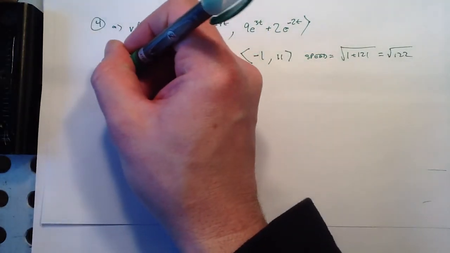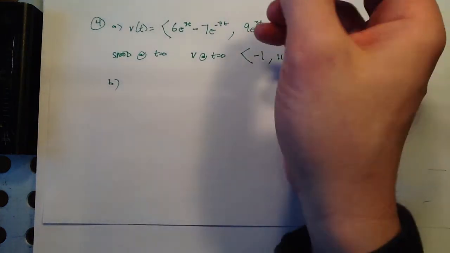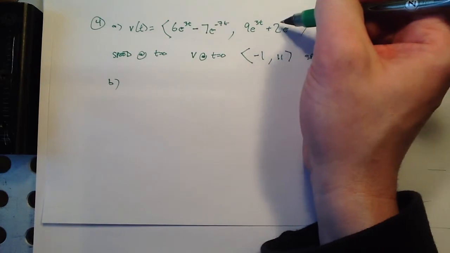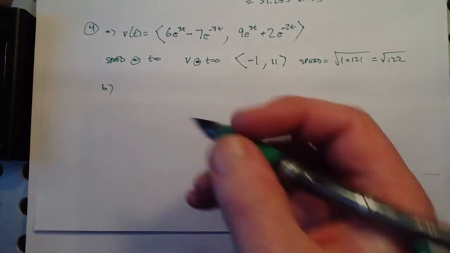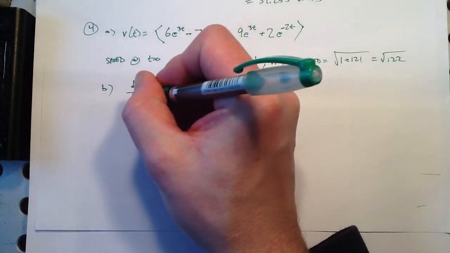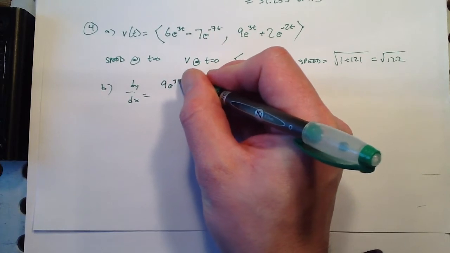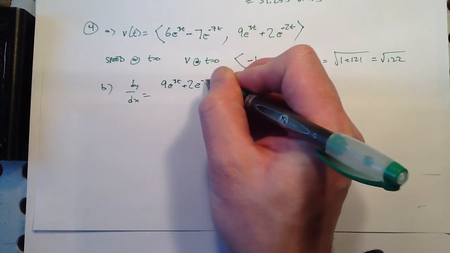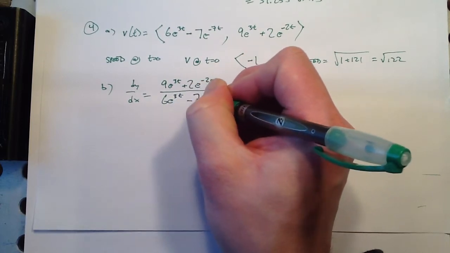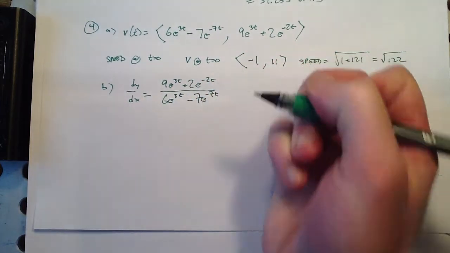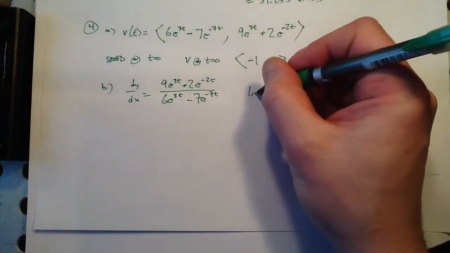Now in part B, they want dy dx in terms of t. Well, that's easy because I have dy dt and dx dt right there. So dy dx is just equal to this over this. That's 9e to the 3t plus 2e to the negative 2t over 6e to the 3t minus 7e to the negative 7t. And then they want the limit as t approaches infinity